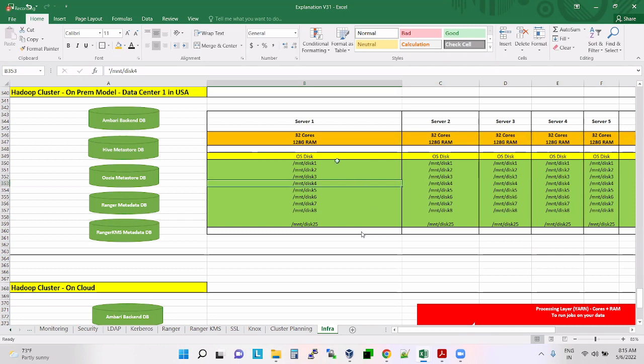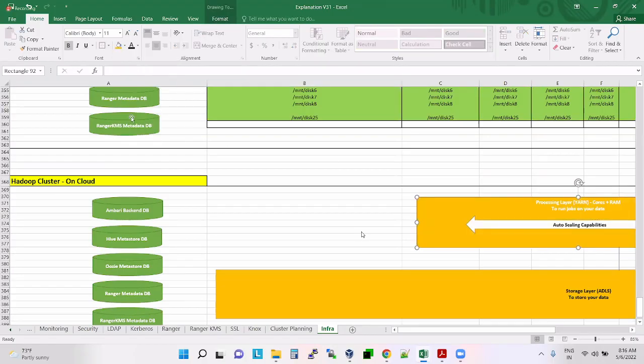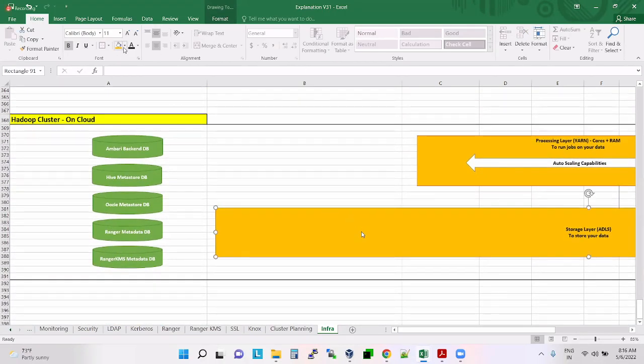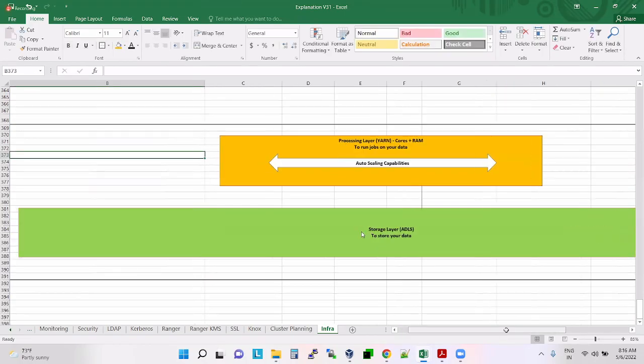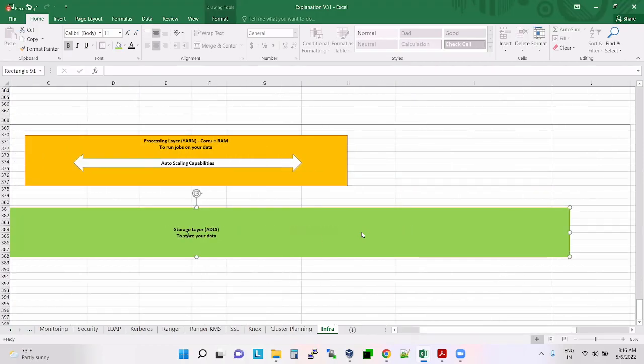So this is OS disk and this is the storage. Here also I'll change it. So this is the processing layer, and this is the storage layer.